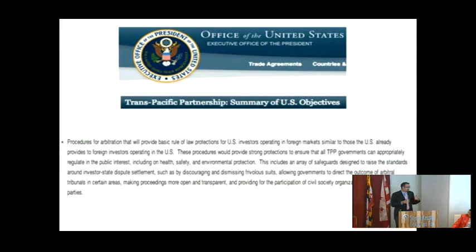I think there's a lot of fear and trepidation around what those safeguards will ultimately look like, and of course they're not public. But the ones that are in the existing model bilateral investment treaty, really, I would say, do nothing to stop this kind of a claim, and that's where some of the policy debates I think are going to be going forward in the future around this and other issues. So I'll